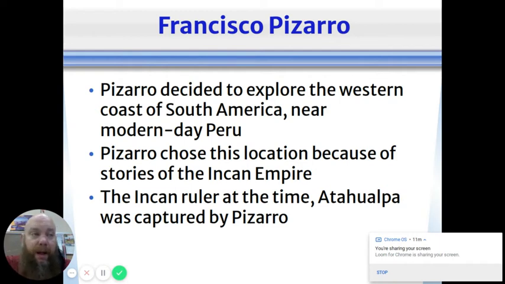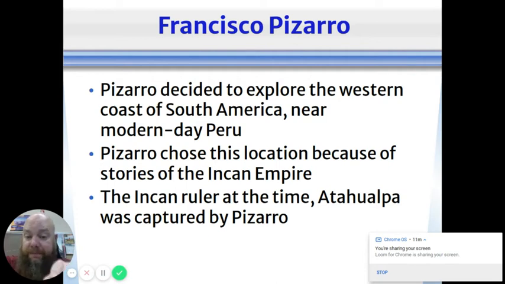His name was Atahualpa. And one of these things about these, we talked about the dudes that would march up to the top of the temple and be like, hey, God told me to give me a bunch of gold. And people are just like, okay. When you base your entire civilization around this one priest and this one leader, whenever he was captured, these people really didn't know what to do. They were running around basically like chickens with their heads cut off.